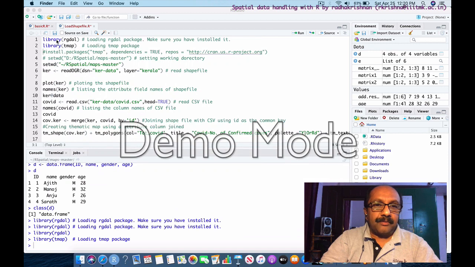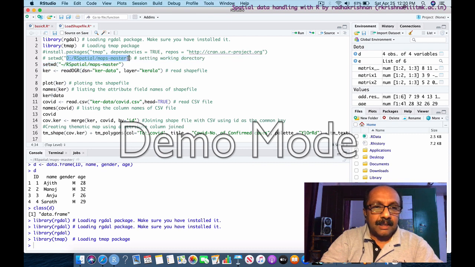If you are using a Windows machine, your file path may be like this. And remember, when I copy in Windows, you go to a folder, right click it, properties. When you click the properties, you will see the path and you can copy it here. Only change you have to do is in Windows it will be a single slash, but when you take it to the R, you have to make sure that all the forward slashes are made to backward slash, because that's the norm, that's the rule here.